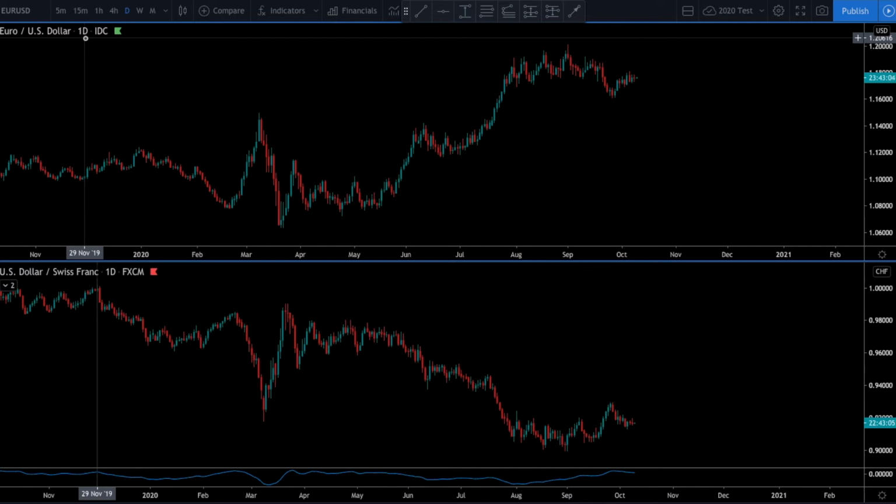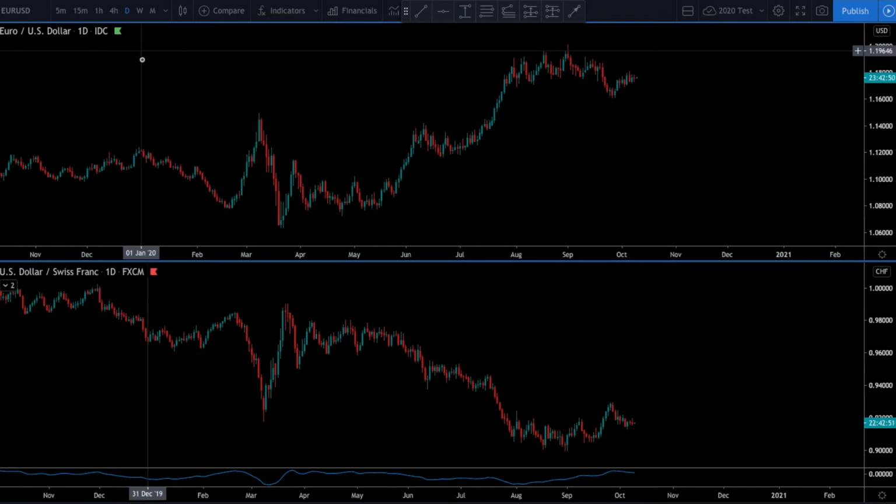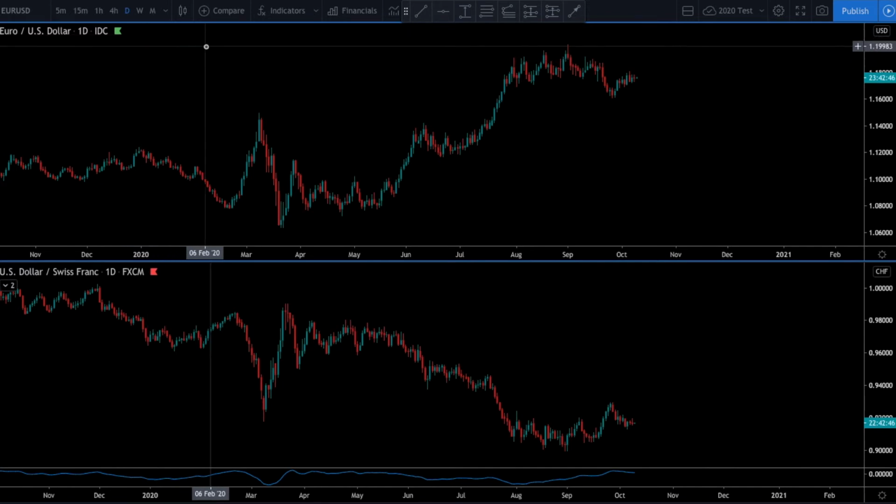So this is the main time frame that I look for correlation, but you can look at it on different time frames. So a trick or just a tool that most people can use to identify correlation